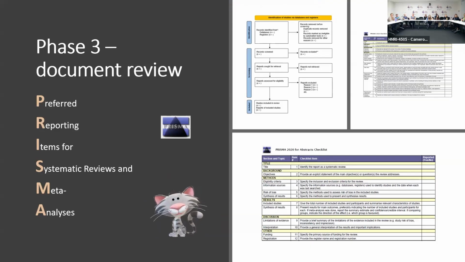And then there's PRISMA steps here, and you can go and look at this in your own time. It's beautiful because often when you submit a systematic review, you have to submit this along with it. You have to mark out which pages these things happened on. So when you're writing it, just make sure you do those first. It saves you having to add them in later.